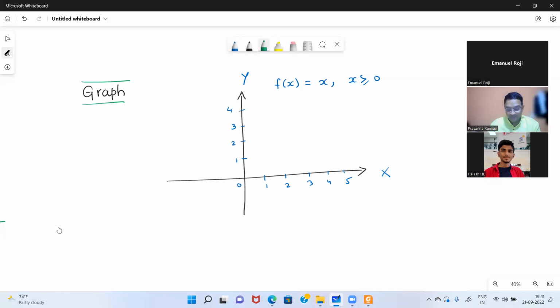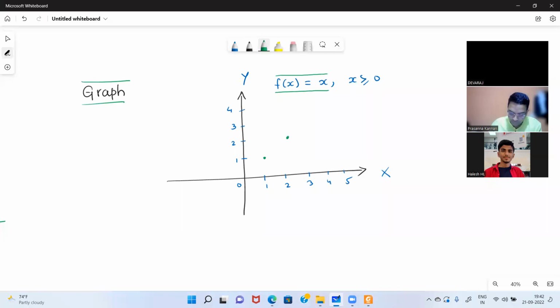Okay. Now, if you see, when x is 1, what is your y? y is also equal to x. f of x is nothing but y. So y is also x. So when x is 1, y is also 1. So this is the point. When x is 2, what is y? 2. When x is 2.5, y is also 2.5. When x is 3, y is also 3. When x is 4, y is also 4. So if I join all these points, this is going to be the graph of the function for x